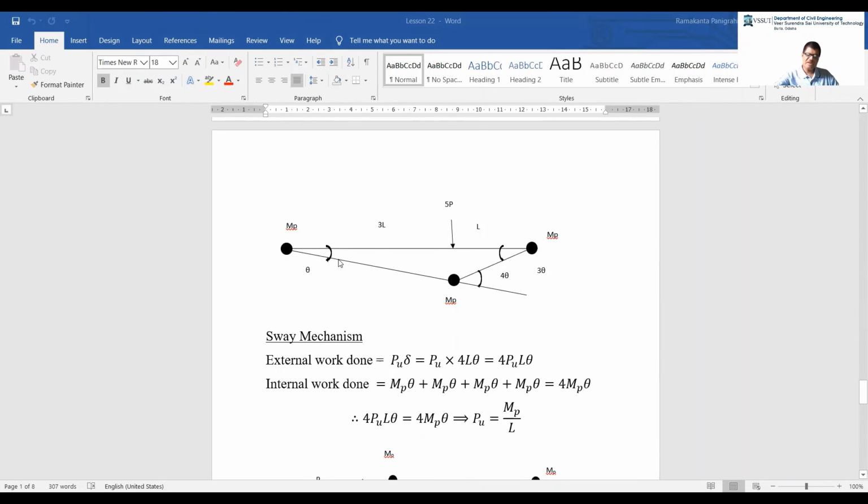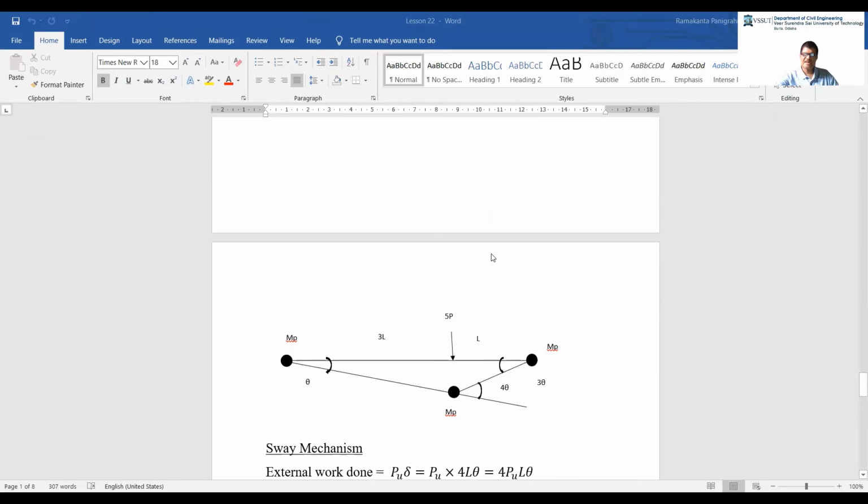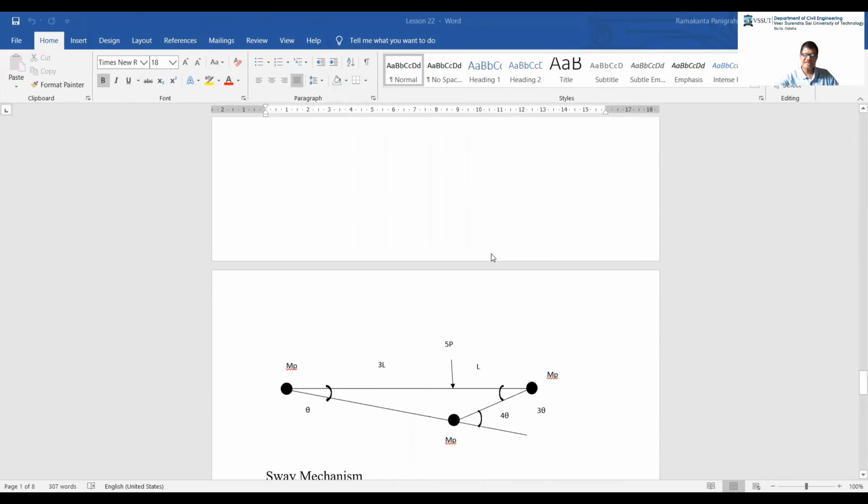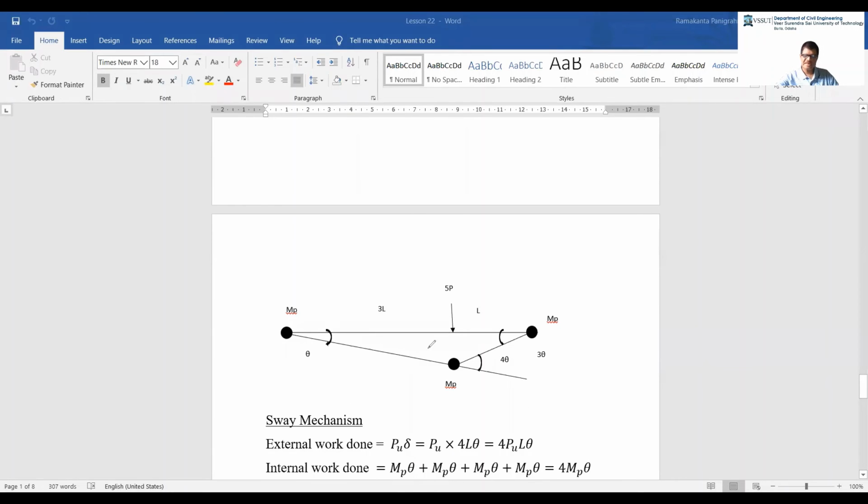Now here this theta value will be different. If this is theta, this will be theta 1. I have already explained a number of times how to make this relationship. So this delta will be mentioned. Delta is equal to 3L theta, which is equal to L phi. Take this as phi, this as theta. Now phi is equal to 3 theta. That is how it is updated to 3 theta. Now 3 theta plus theta, this will be 4 theta. So accordingly, you have to find the equation.